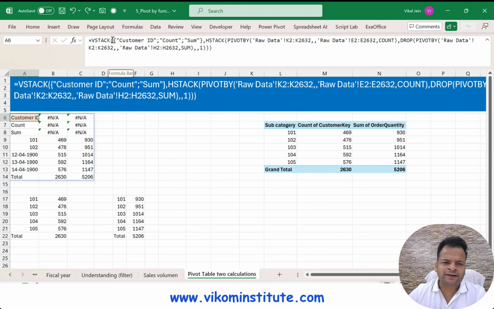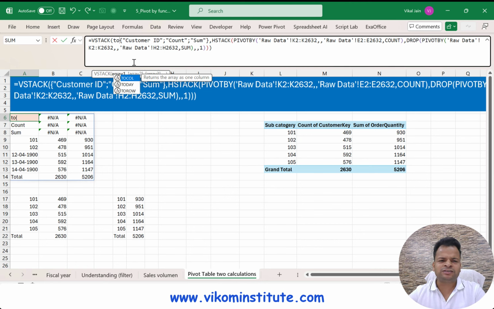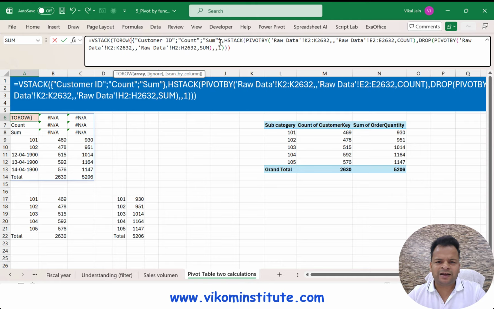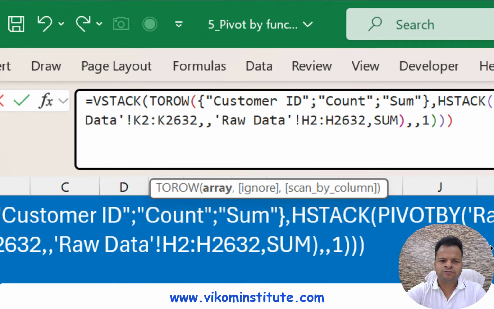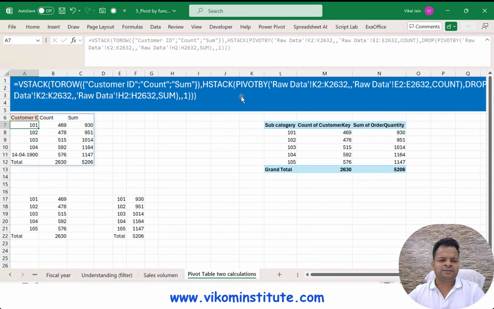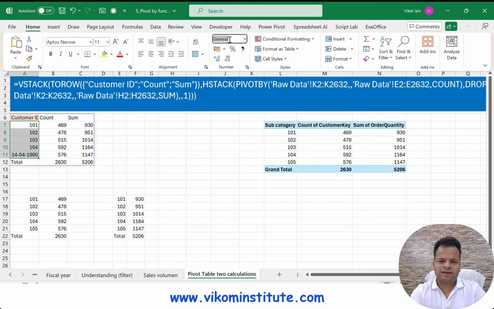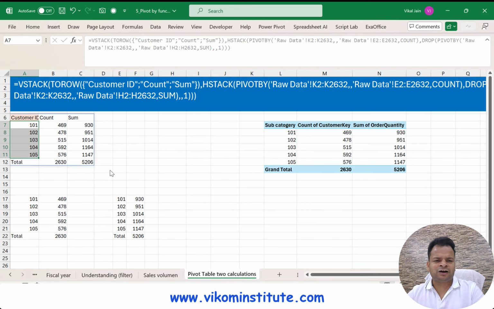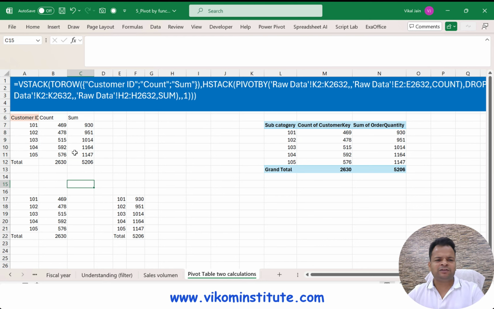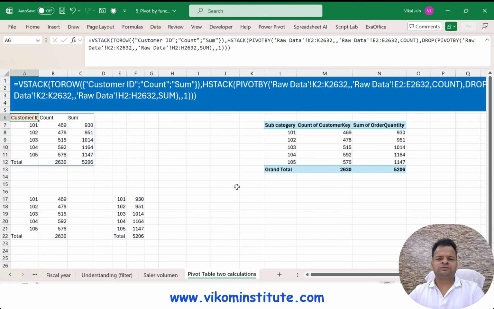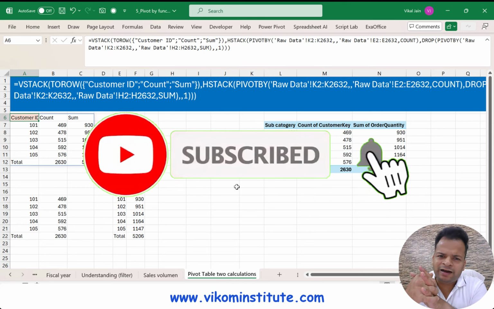So if you are forgetting anything, you can even ask ChatGPT about these kinds of functions. So if you see, this column form will change into a row form using two rows. So simply I am putting this in two rows and enter. Now you will see my data has been changed. Simply put general formatting once again. So that's how it is going to build a dynamic pivot table, two calculations in your one pivot table, and this is the whole formula which I'm saving here. So that's how we are going to use PIVOTBY.